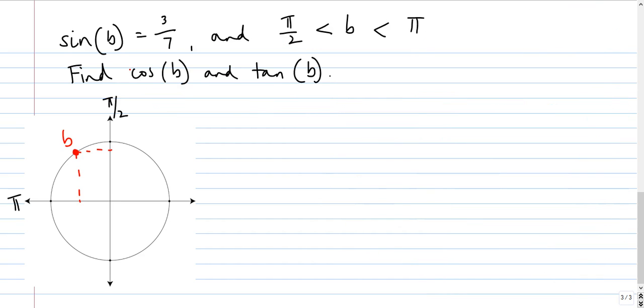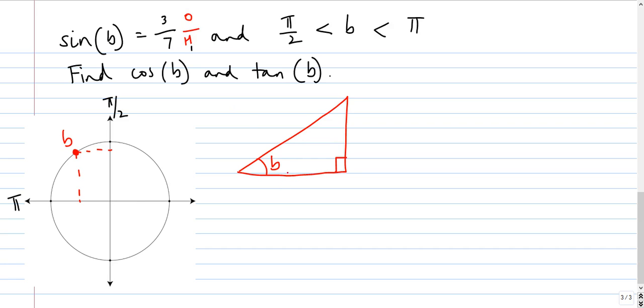So the second way we have of solving this is to actually visualize a right angle triangle that would have a sine value of 3 on 7. So if I just draw any old right angle triangle, I'm going to ignore the idea of the quadrants at the moment, and I'm just going to set up a right angle triangle like this. I'm not going to use theta, I'm going to use b. So if sine of b equals 3 on 7,